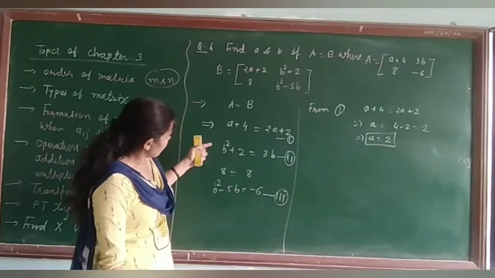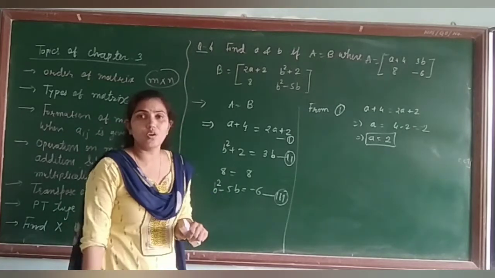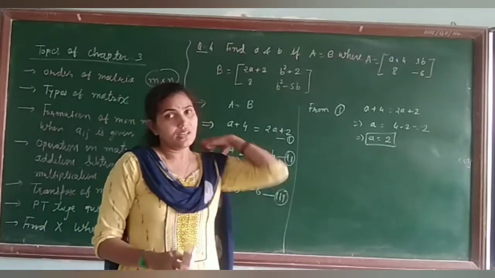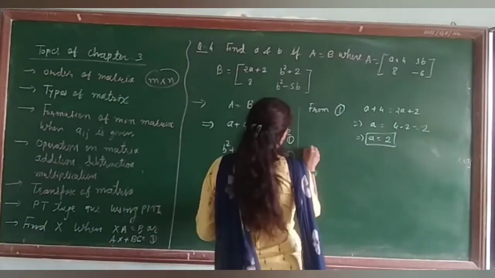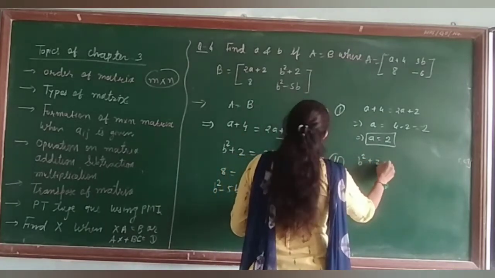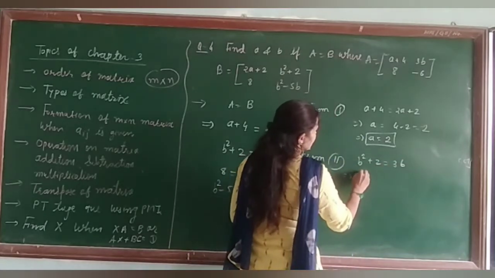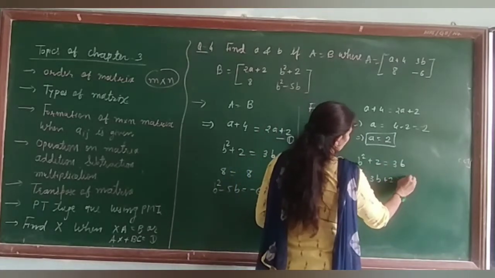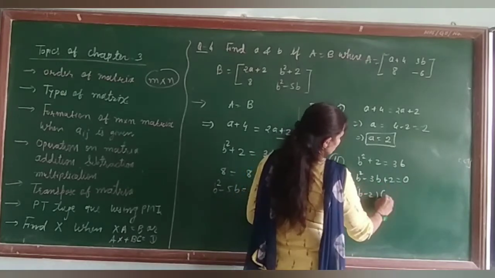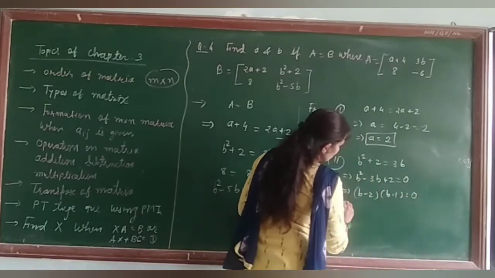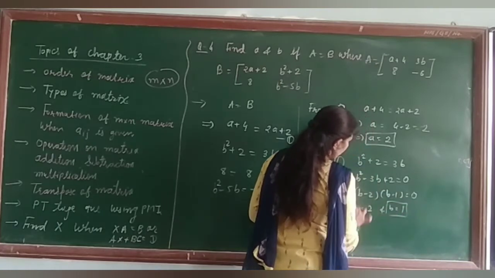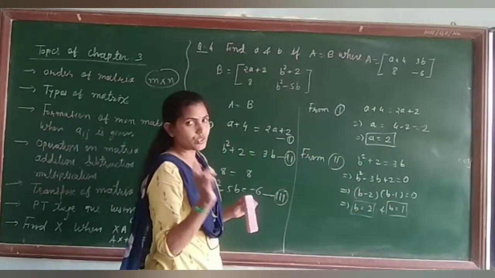Now compare from second and third, we have to find the value of B. And student, it must be equal. If it does not come out equal, then your solution will not exist. So that's why we are taking from 2. B square plus 2 is equal to 3B. So from here, B square minus 3B plus 2 is equal to 0. When you solve this, your solution is B minus 2 and B minus 1. So B is equal to 2 and B is equal to 1. There are two solutions for B.